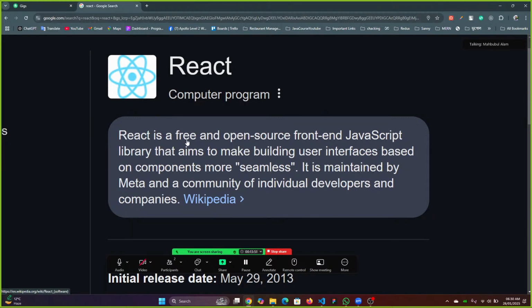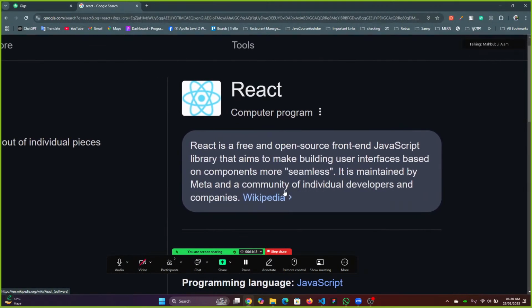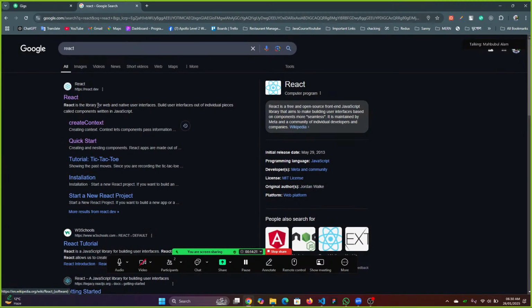React is a front end library, built with JavaScript. It is an open source front end library that aims to make building user interfaces based on components more scalable. It is maintained by Meta and a community of individual developers and companies. Okay, and we will go to React